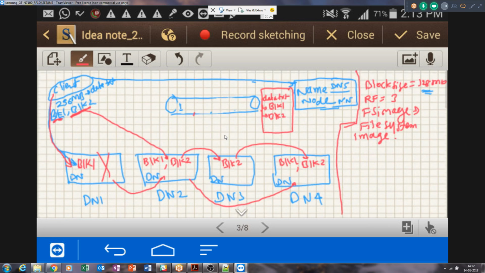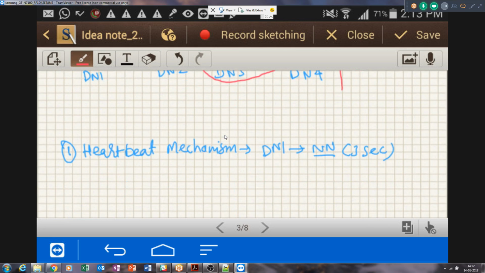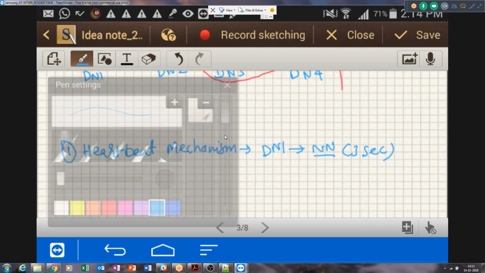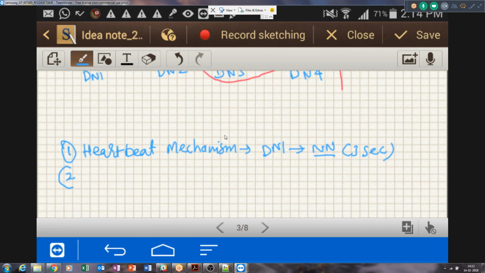The first thing I told you is the heartbeat that every data node will send to the name node. The second piece of information sent from the data node to the name node is called the block report. Every 10th heartbeat would be a block report.